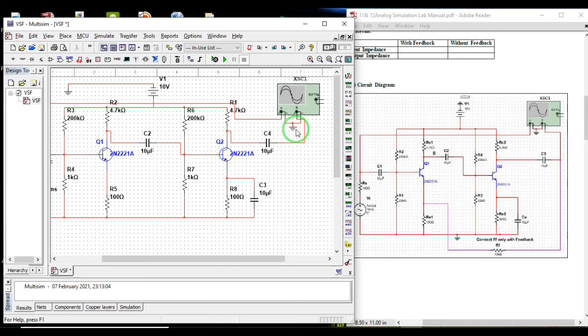Fine. You can adjust this bit. So hope we have done everything.